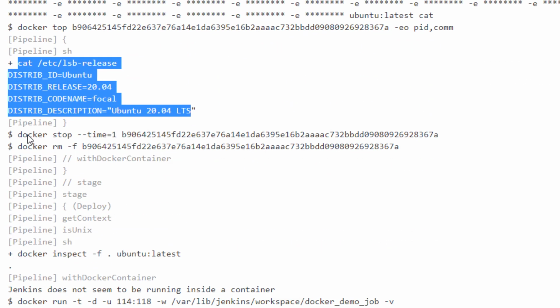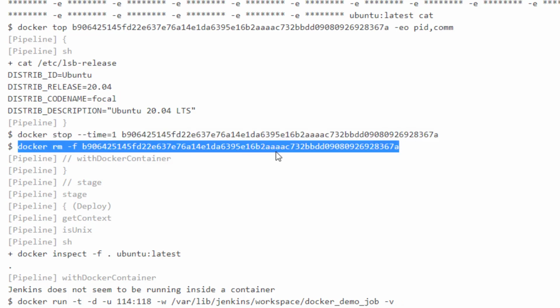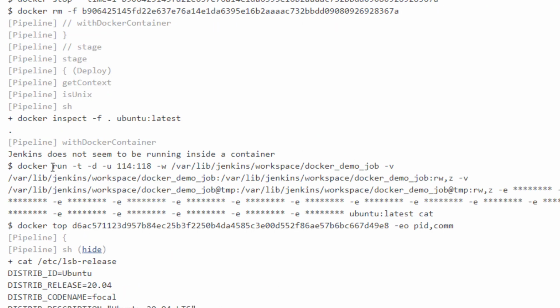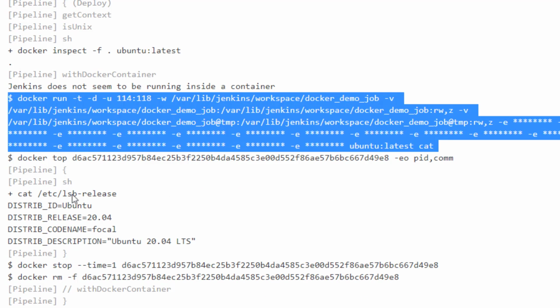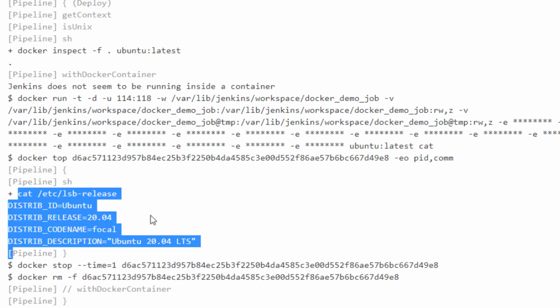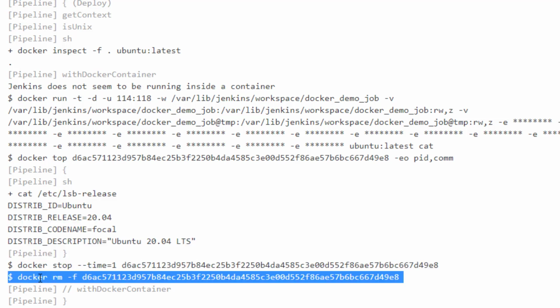Then after this particular stage, my build stage, it is going to stop my container and also remove my container. And again in the new stage it is going to create a new container and run all these details again in the deploy stage. Once the deploy stage is completed, it is stopping my container and removing my container.